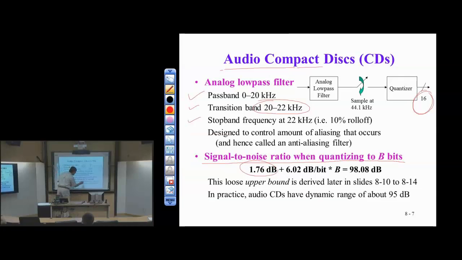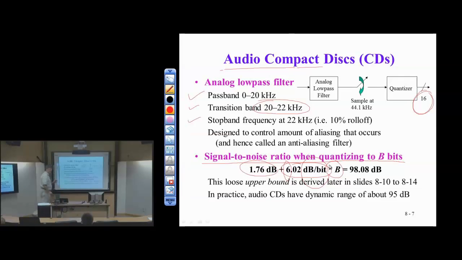And then there's this term that depends on the number of bits, B. So it's 6.02 dB per bit. I never remember the 02, but I certainly remember the 6, right? 0.02 isn't very much compared to 6. It's pretty rare that the 02 is going to really come into play. Even with 16 bits, the 0.02 times 16 is 0.32, not much. So 6 dB per bit